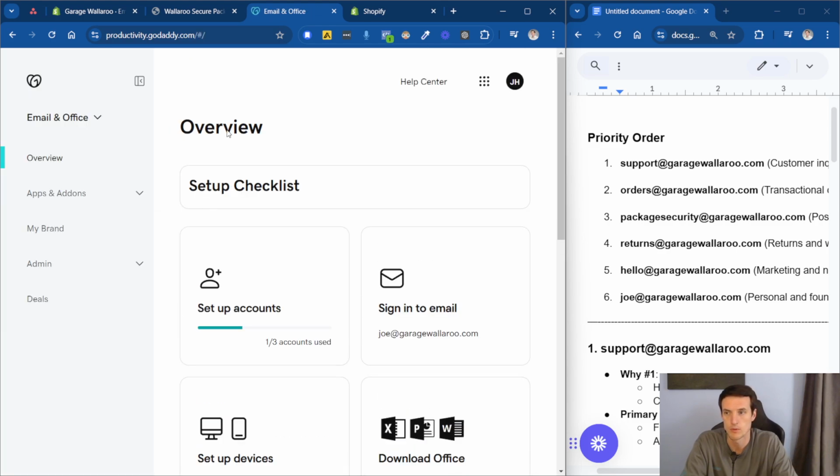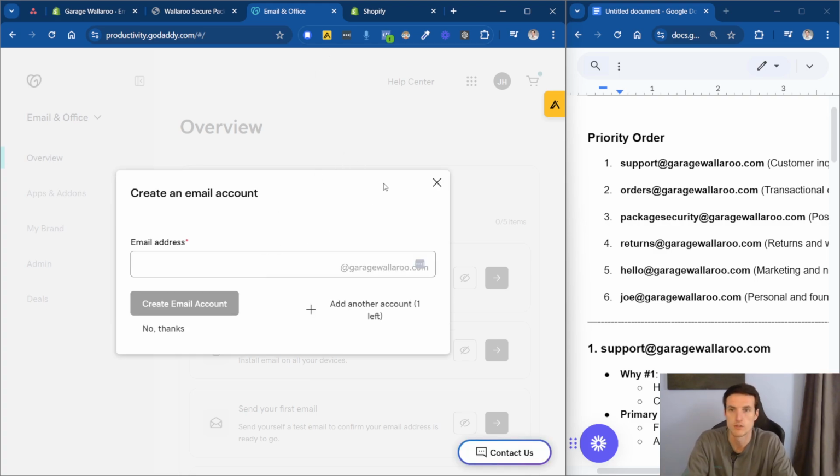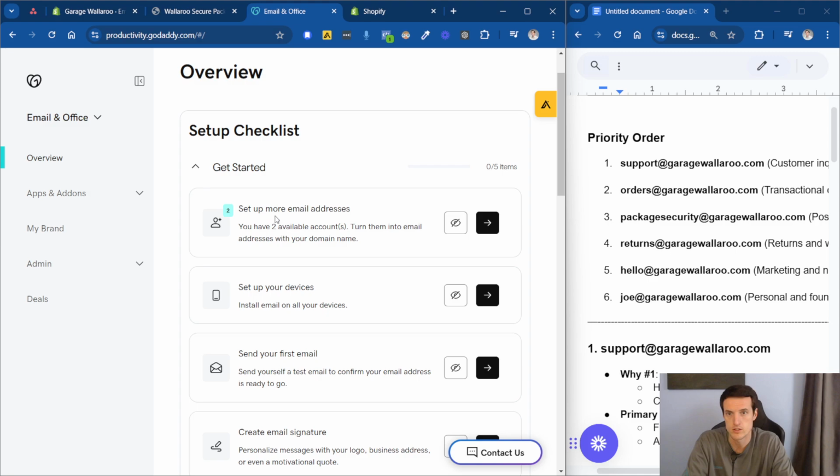You don't want something random to come up, but GoDaddy is going to send you a notification regardless, and it renews automatically. GoDaddy does a really good job of prompting you with the setup checklist, and it's going to ask you, hey, set up your email addresses. We have 2 free emails that we can set up still. The first one we picked was Joe. He's the business owner, and that is definitely useful for being able to communicate with vendors and doing initial outreach to set up deals, and